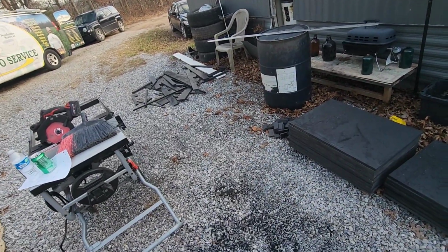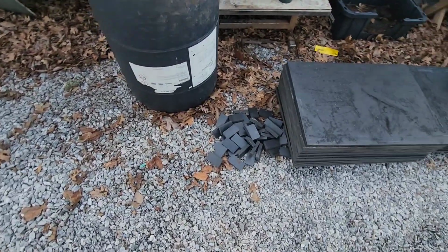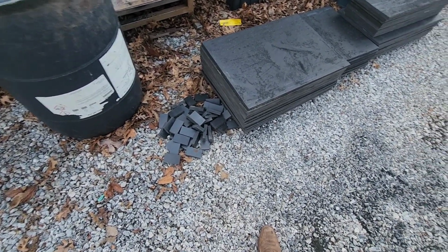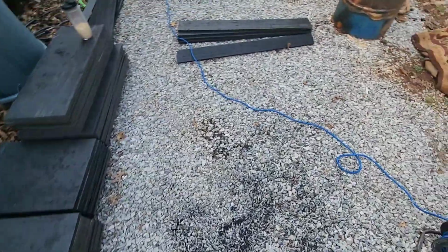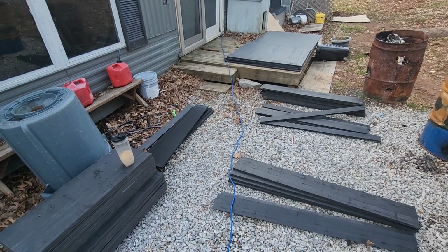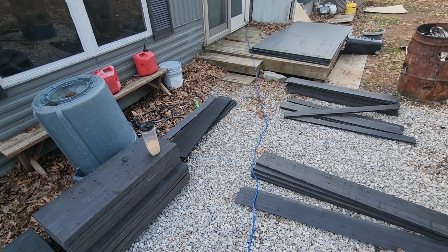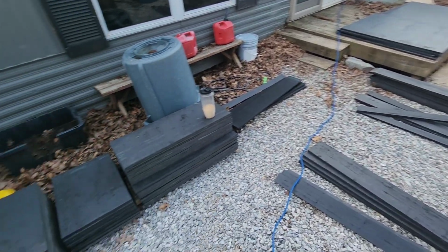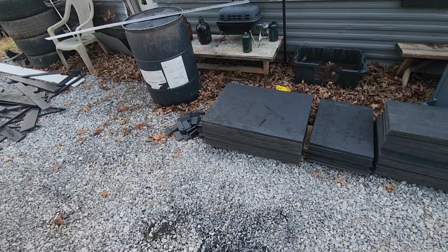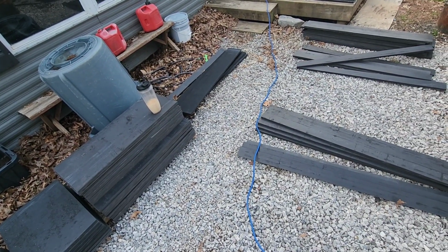There's my scraps. And then I had to cut a bunch of these little blocks. I'll show you what they're for later on as well. But yeah, it took me, let's see, what time is it? It's 5:43. I started about 12:30. So it took me about 5 hours to cut all this. Of course, I do construction and handyman work for a living, so I'm kind of used to working with tools, but nonetheless,